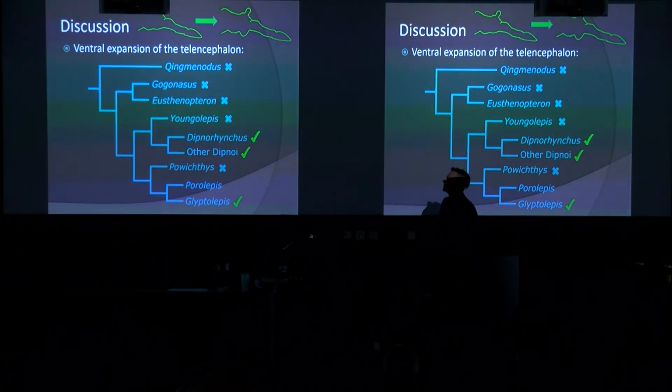Either this expansion is autapomorphic for Dipnoi and for Glyptolepis, or it actually has its root at the beginning of the Dipnomorpha and was subsequently lost in Poichthys and Jungolepis. This region of the brain is called the subpallium, and it's associated with sight and smell. So expansion in this region corresponding with an increased sensory input may make this ventral expansion of the telencephalon a fairly common trait to evolve, which would result in homoplasia all over the phylogeny,